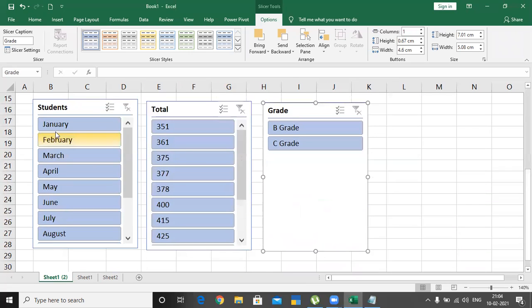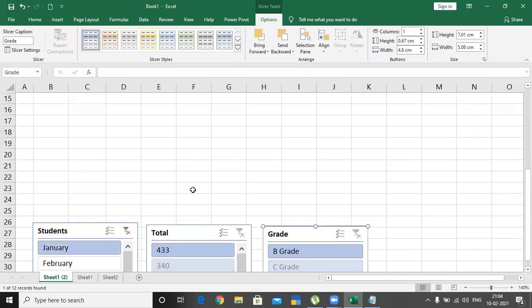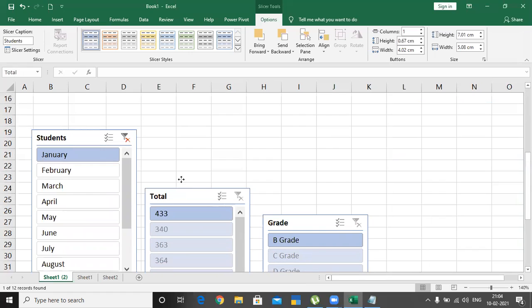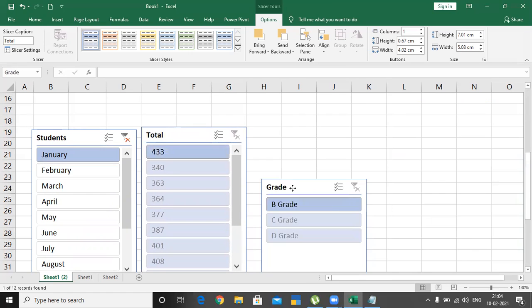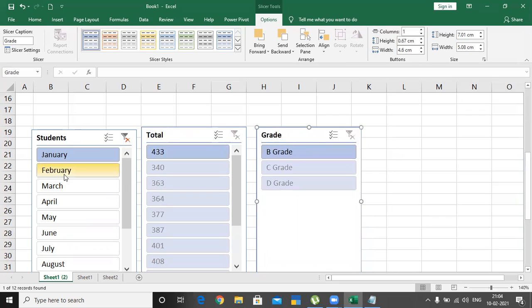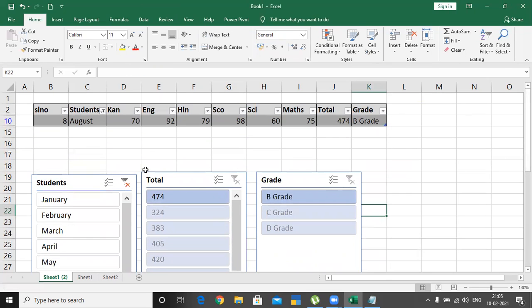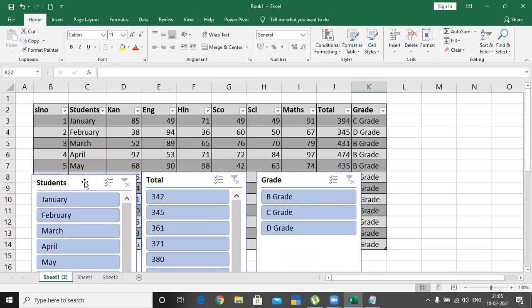Just click on the student name, which will show you that exact data: how much is the total and how much is the grade, and other student names also. See? Okay, this is another method by making use of format as table. In the format as table itself, we have a slicer. Suppose if I don't like it, then you can remove this and it applies.